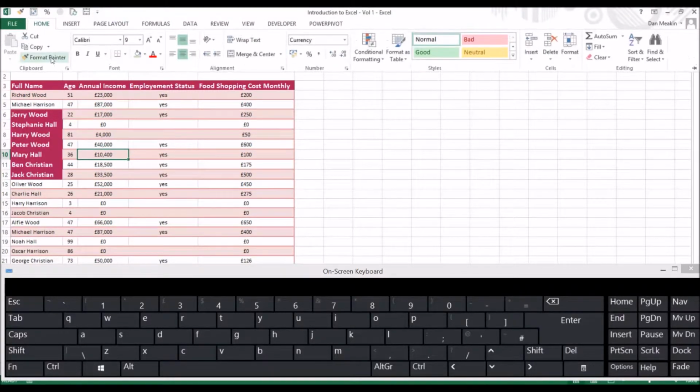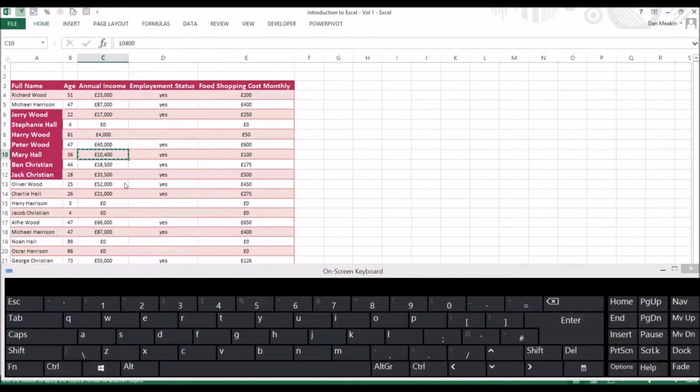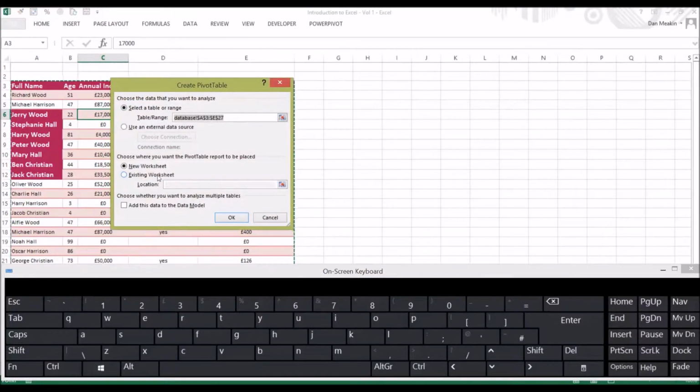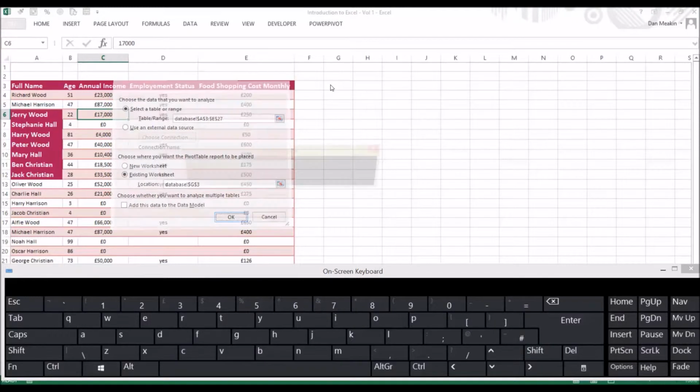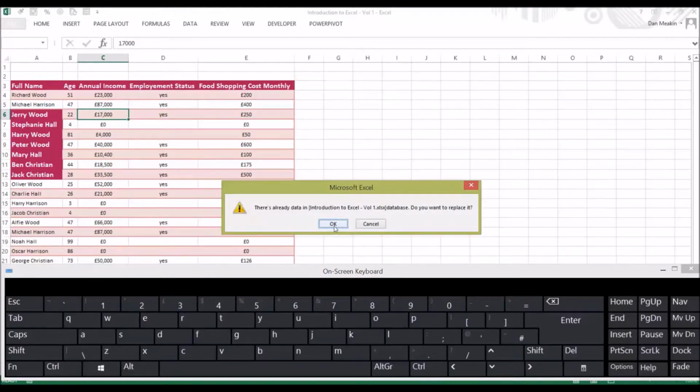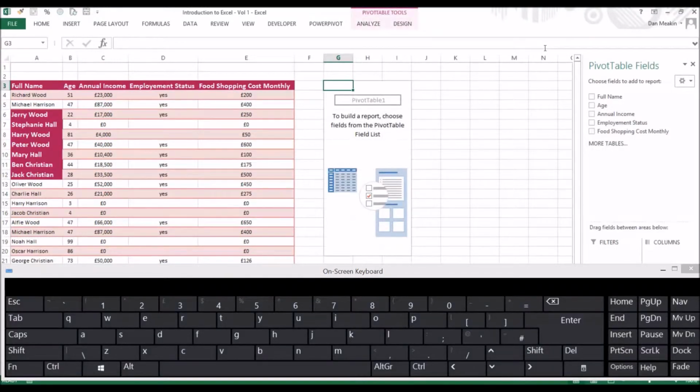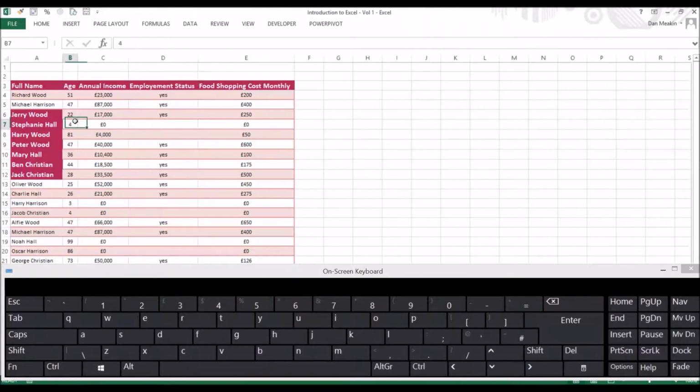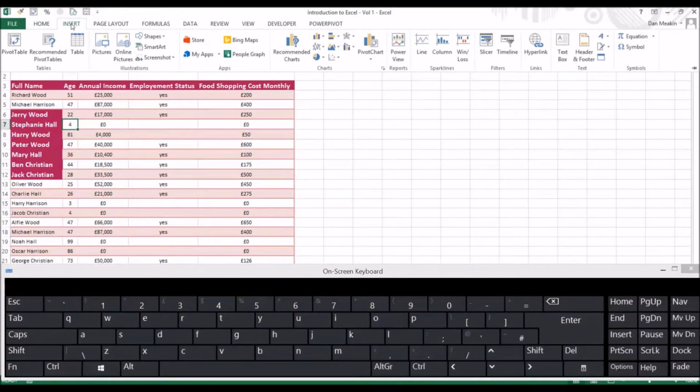Previously, you might have to go to Home, Format Painter, and do something similar. This is much faster. It's the same with a pivot table. That's what that function is there. Alt, 2, straight into a pivot table. You can put anything you want there. For example, if you wanted to have